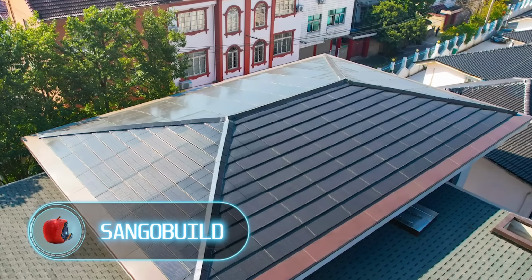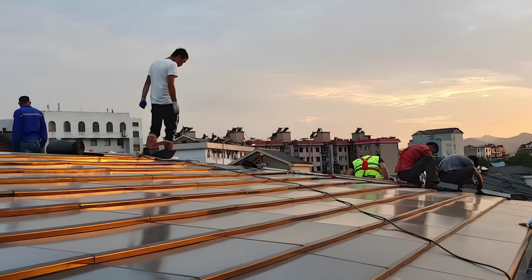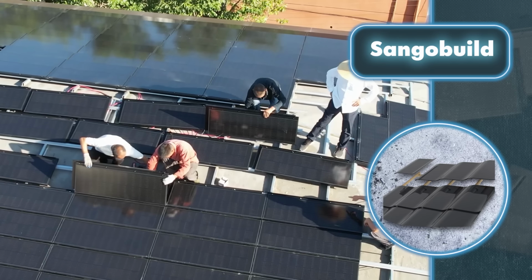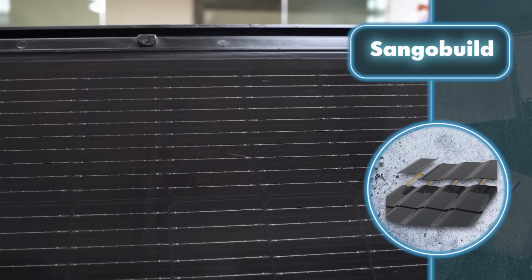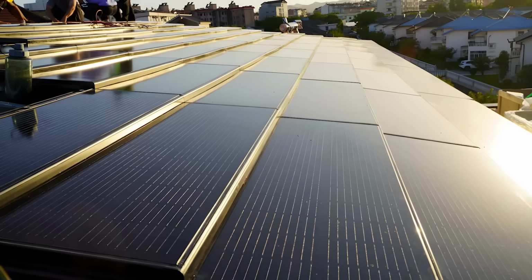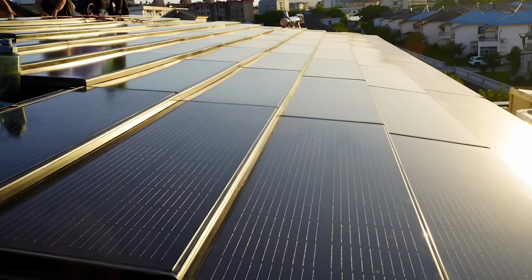Sango Build. Another company that helps turn roofs into a source of free energy is called Sango Build. It didn't try to hide its solution in any way. Each module looks like a photovoltaic cell, regardless of the model. Still, it's worth mentioning that those with an eye for aesthetics will be happy because the revamped roof looks modern